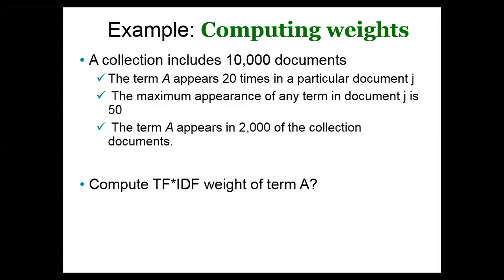So the first step in a vector space model is computing the weight of every term. Nowadays, term frequency, inverse document frequency is given priority because it tries to see both term frequency and the document frequency. That means the frequency of occurrence of a given term in a given document times the frequency of occurrence of a given term across the document collection.